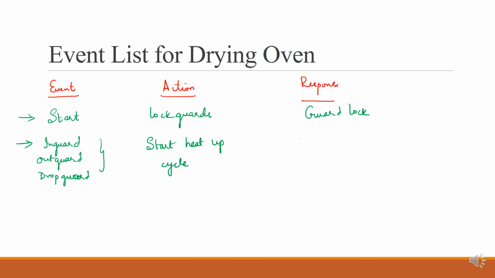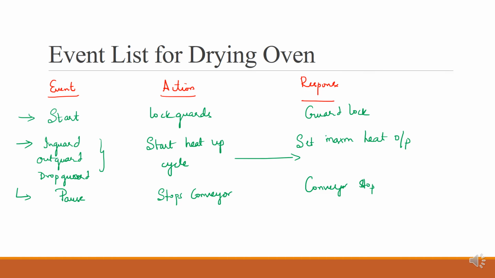Okay, and once this is done, the response will be to set a maximum heat output. And suppose there is an event called pause. What happens? When there is a pause, it immediately stops the conveyor, and the response will be that this signal will be activated.